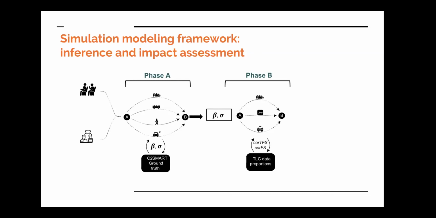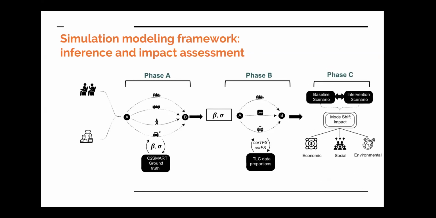So now, with those additional simulations, we can finally get the likelihoods for all the parameters of the model, and for each parameter set, we can simulate the individual choices under the baseline scenario and the intervention scenario. Compare them and get the mode shift corresponding, for example, to introducing shared for-hire vehicles, or actually we do it the reverse way. So we first simulate a model with all 6 modes in place, including shared for-hire vehicles, and then we make shared for-hire vehicles disappear and look at the second choices of those individuals, what they would choose if shared for-hire vehicles weren't available,